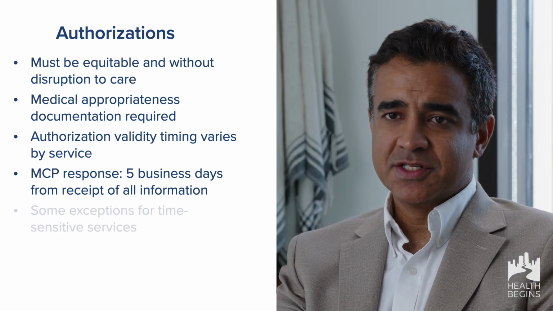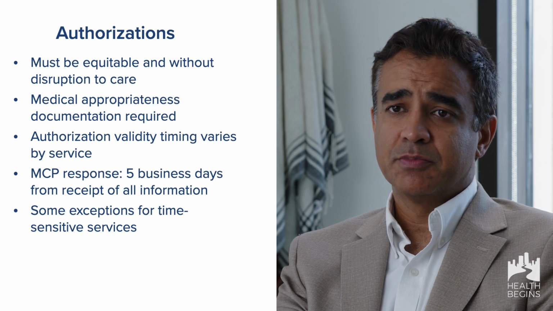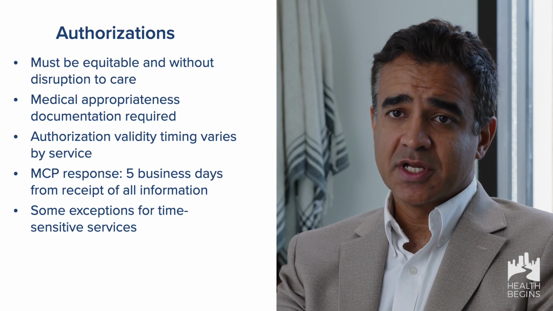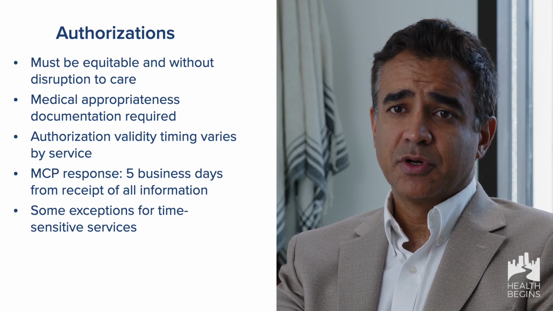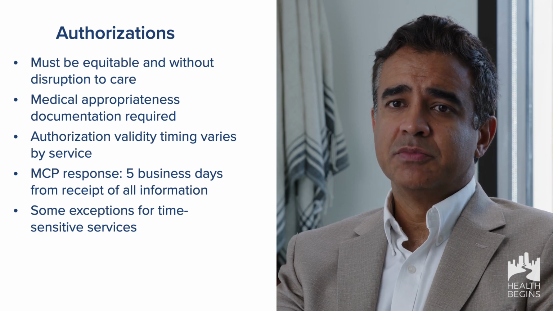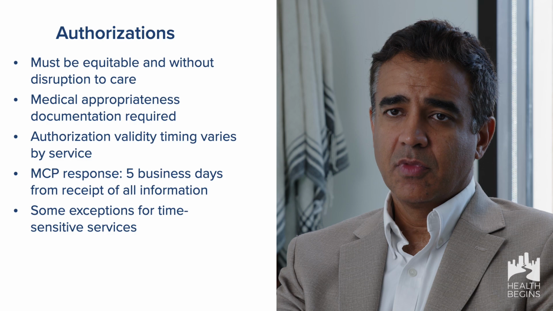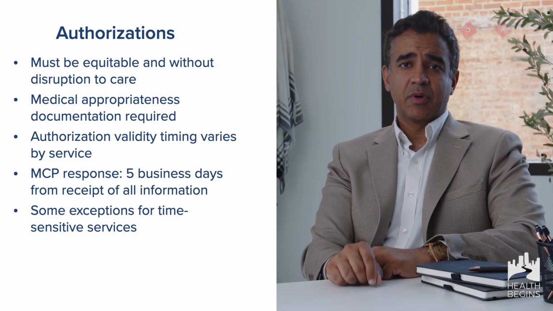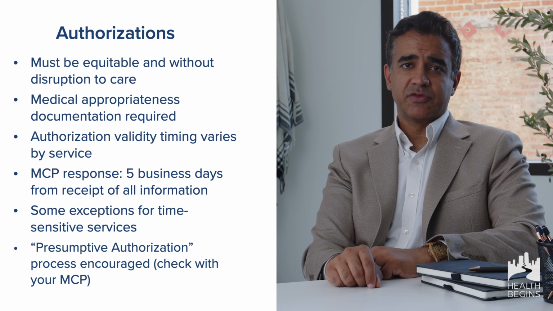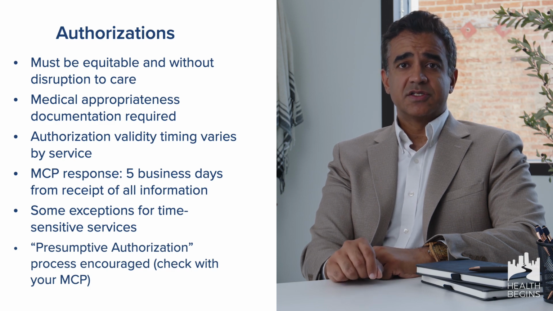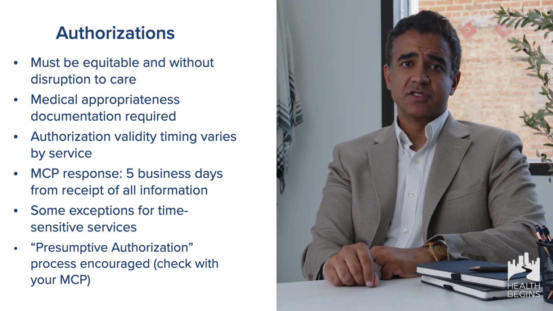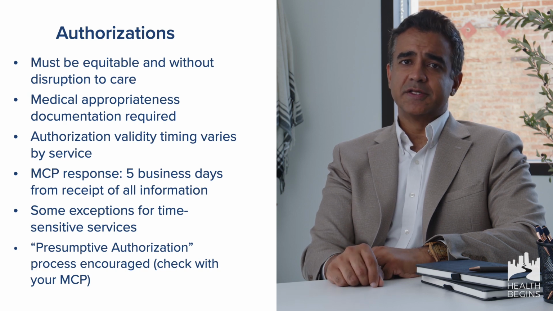For inherently time-sensitive supports like recuperative care, short-term post-hospitalization housing, sobering centers, and medically tailored meals, post-acute care, authorization must not take longer than 72 hours if expedited processing is required. And MCPs are highly encouraged to collaborate with you to set up a smooth process for what's called presumptive or retroactive authorization. This means, as trusted community supports providers, you can quickly determine if members are eligible for services and start helping them right at the point of care without delays.